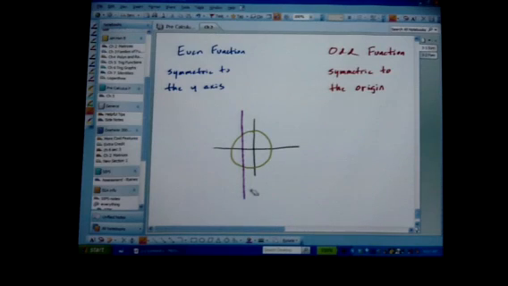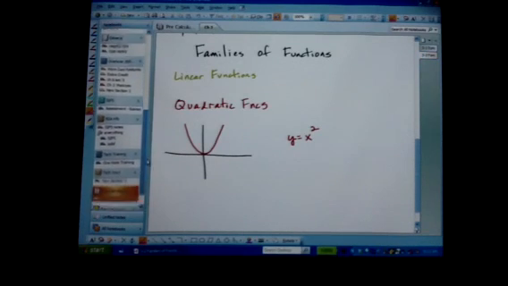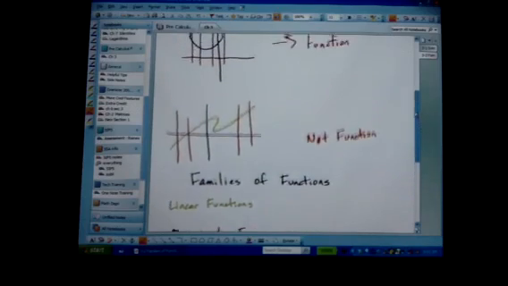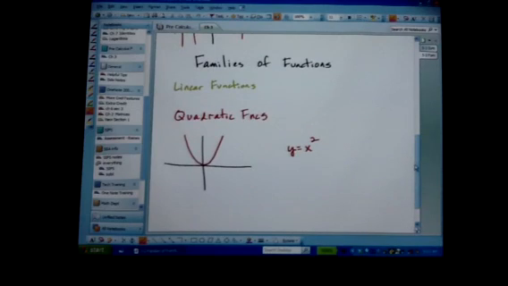Okay? All right. But again, that's really not your problem. That's going to be my problem to know in advance whether the problem I'm giving you is a function or not. And I'll have to be alert to that. All right. Let's go back to our families of functions then. Okay? Now, remember yesterday I